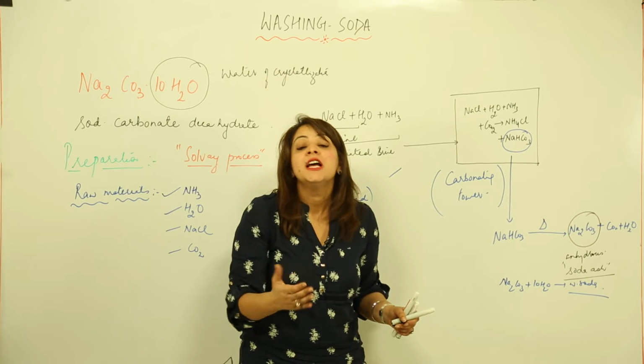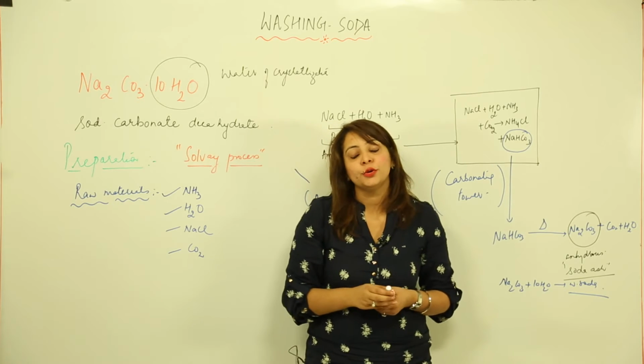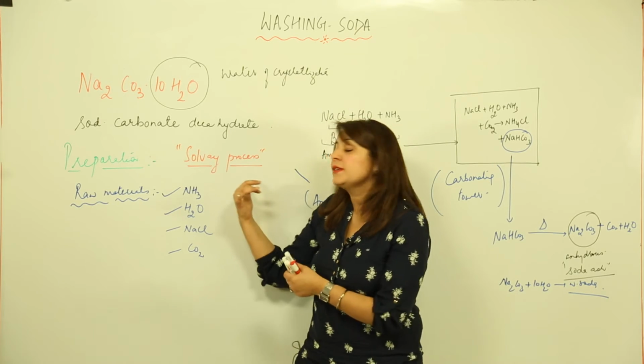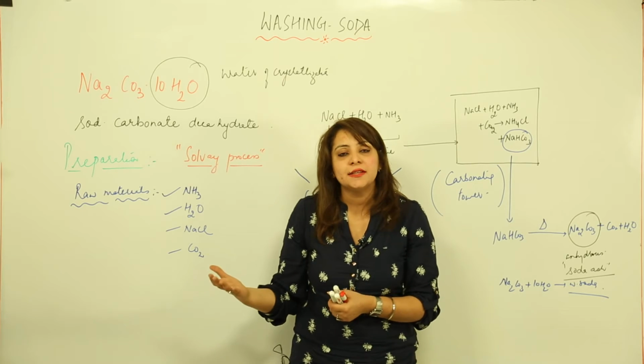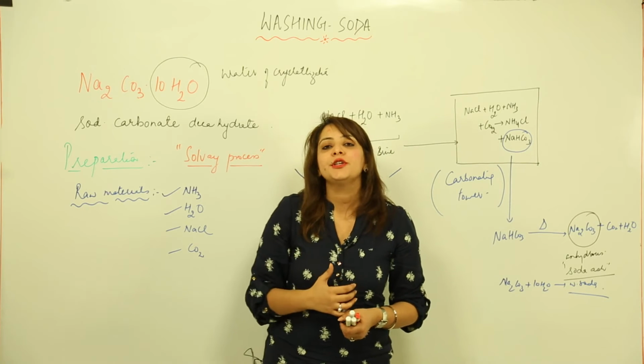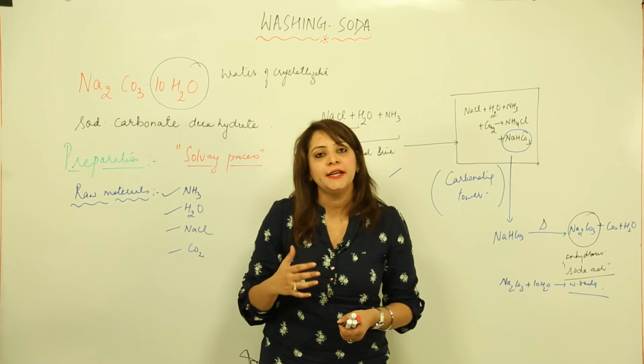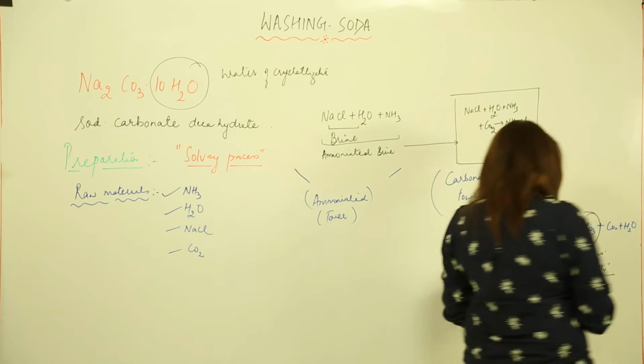Now this whole thing is the Solvay process, but it also includes its utility point. So what was the utility point? As I told you, this process is popularly used. The reason behind that is that the side products which we get in it can be reused. Now we are going to see how those side products are getting reused. So just look at the board.